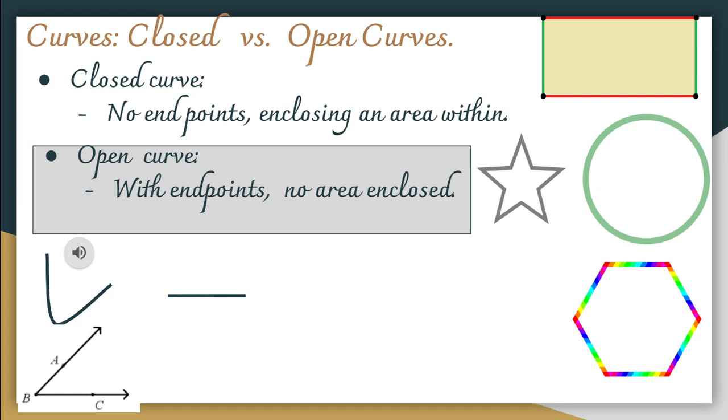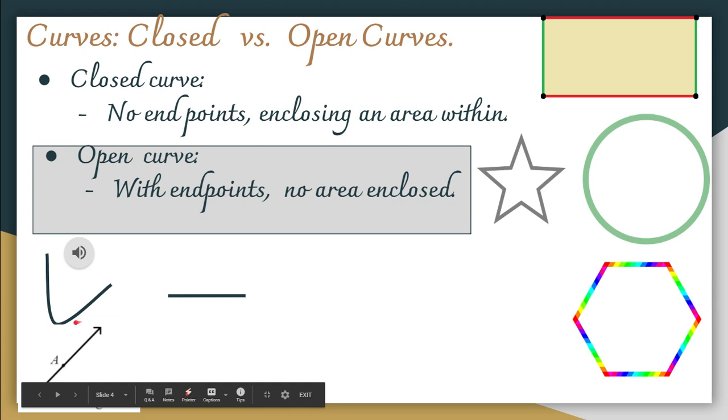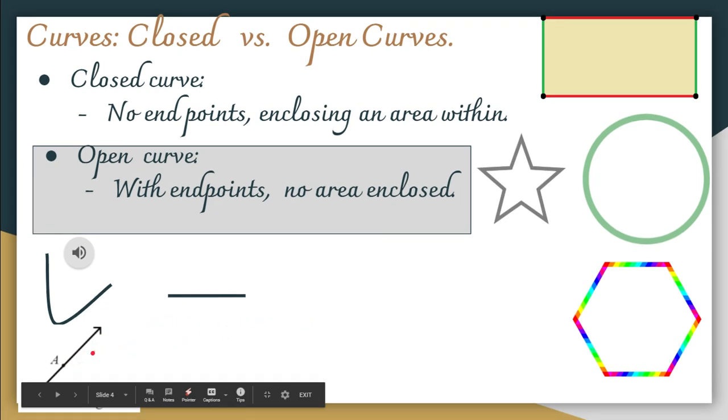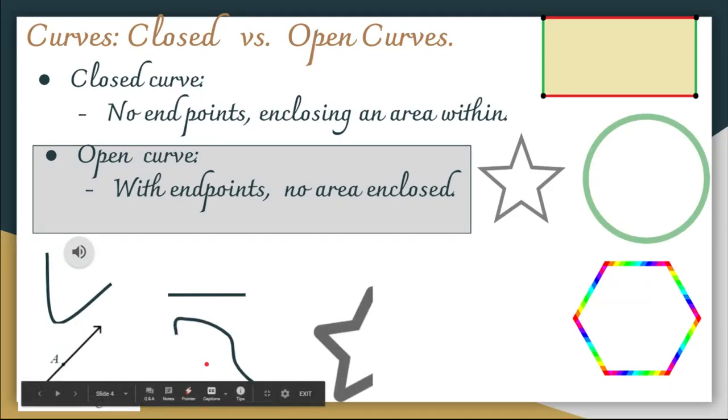So look at the angle. Is this area enclosed? No, because this angle is open from here, isn't it? Anybody can come and anybody can go in these angles. It means the mouth is open here, and that is why it is called an open curve. So this is how we can distinguish between a closed curve and an open curve, right?